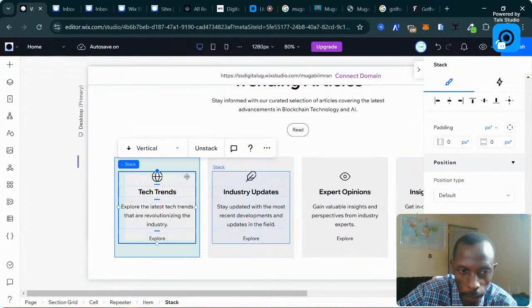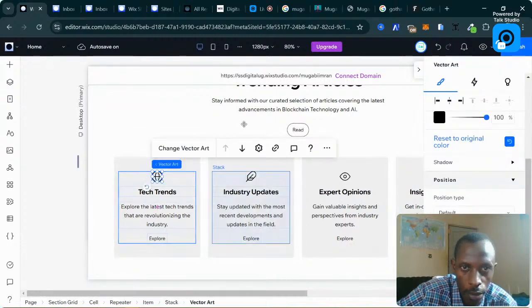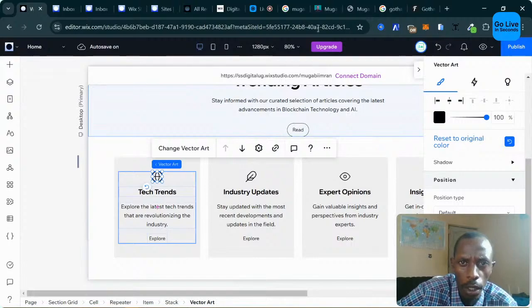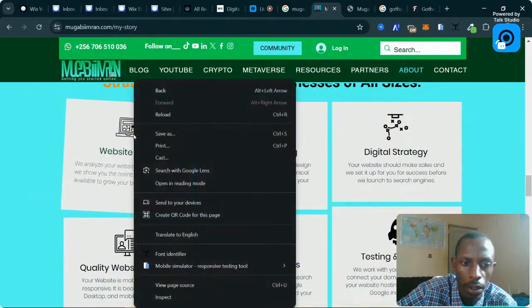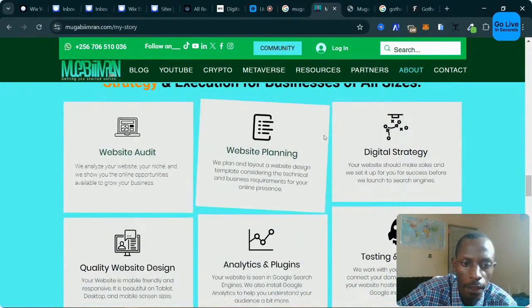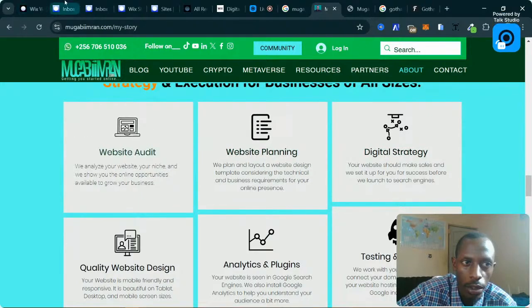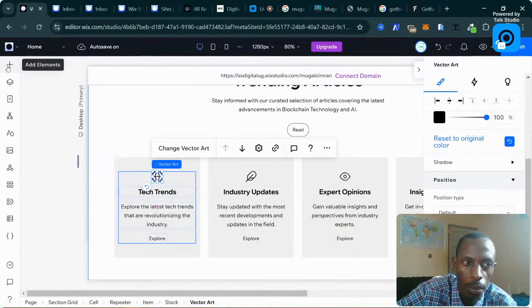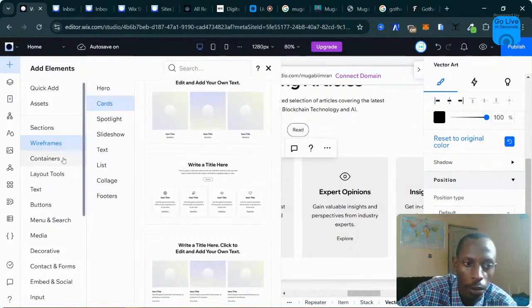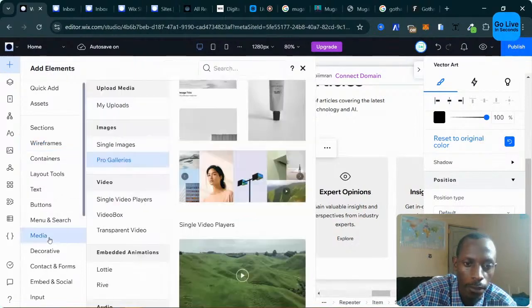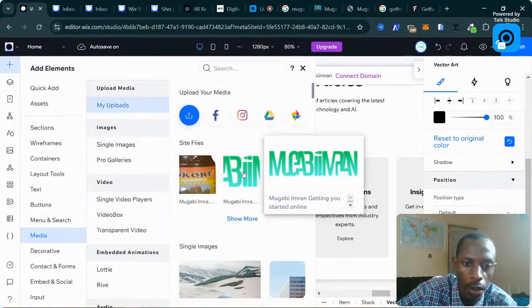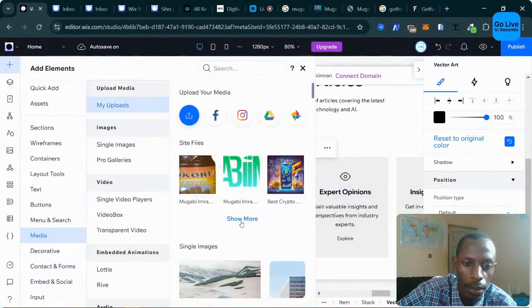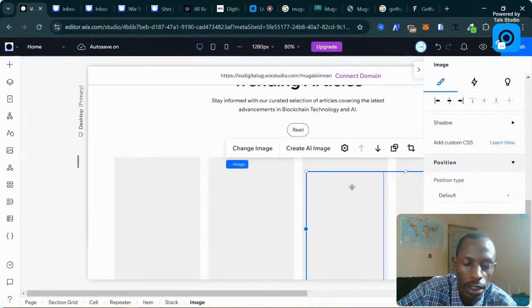Next is these icons right here. You see, sometimes I have my own icons. But if you don't have your own icons, you can just come to plus and maybe come to image and go to upload and drag a photo there, maybe this one. So attach it. It's attached to